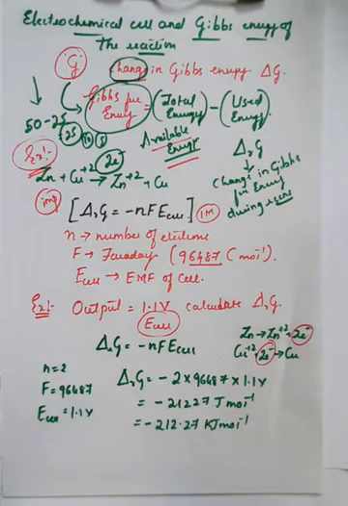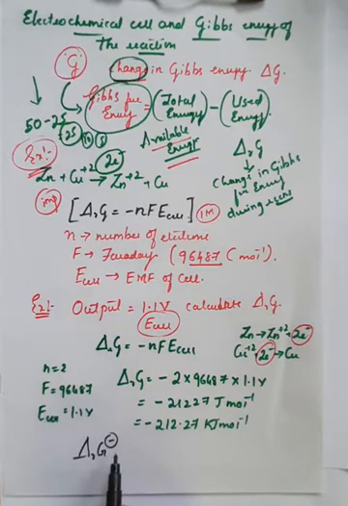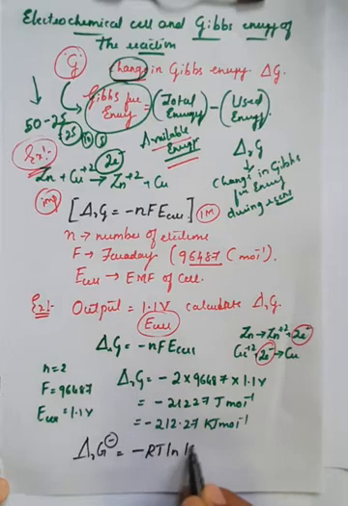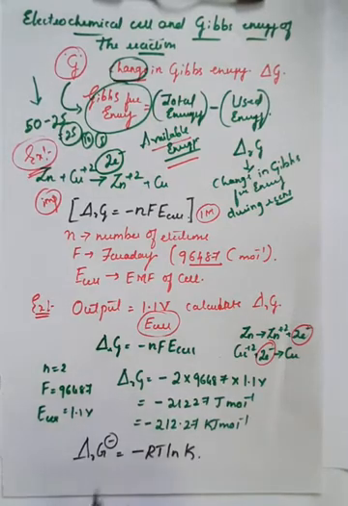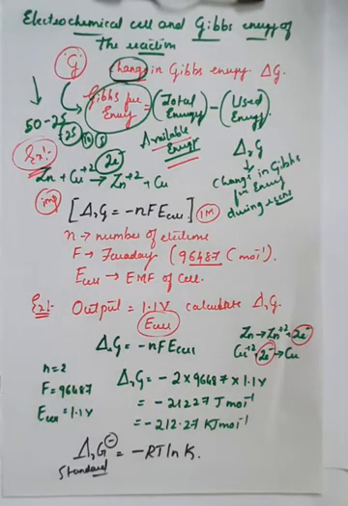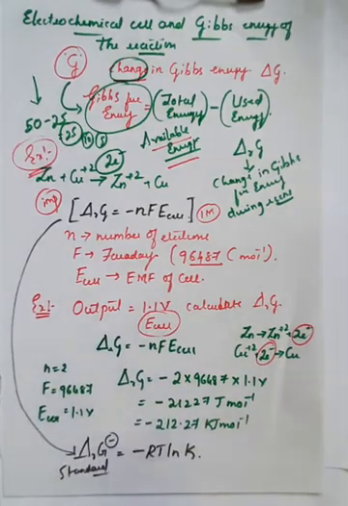So if you want to calculate the standard change in Gibbs free energy, there is one more formula, that is ΔrG° (delta R of G standard). This symbol represents the standard change in value, that is minus RT into ln of K. So for the calculation of the standard value, the above equation can be modified in the form of this equation: ΔrG° is equal to minus RT ln K.